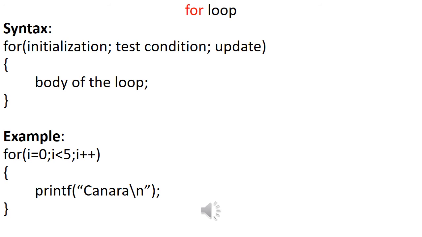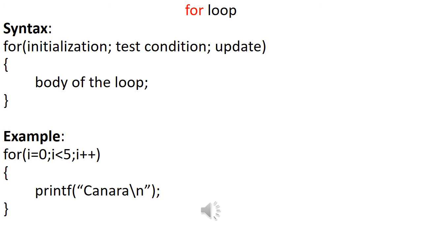Now the same previous example only I have taken over here, just to print Canara 5 times. Now here I have given for I equal to 0. I is the variable I am using here as a counter. So now the I must be declared first in the program as integer type, then only I can use it here. So I assume that already in the program I have declared int I somewhere, so I am using it here. Now for I equal to 0, first the control will come to the for loop.